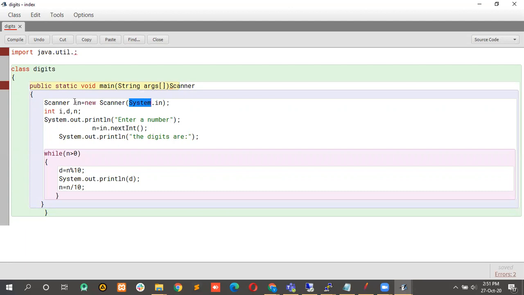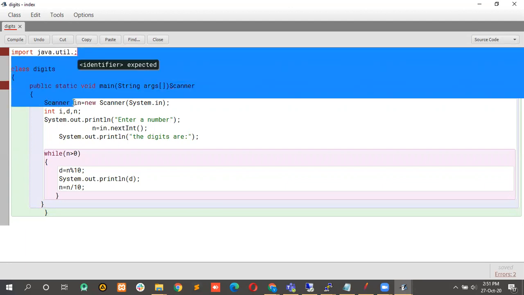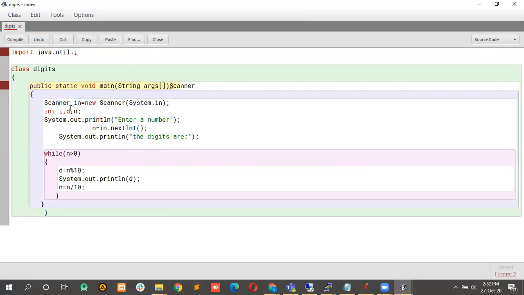All right, I hope everyone is clear till here, because in each and every program we are following the same ethics, the same fundamentals carried forward. The different thing here is that I'm implementing the variables. Here I have implemented three variables, which are i, d, n, without any initialization, so I'm doing only the declaration part.